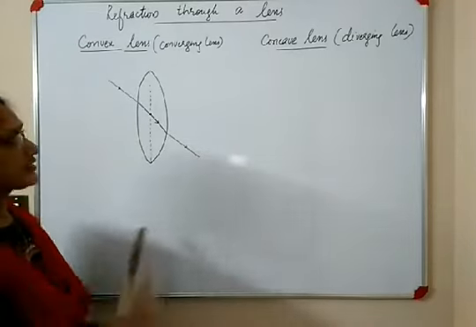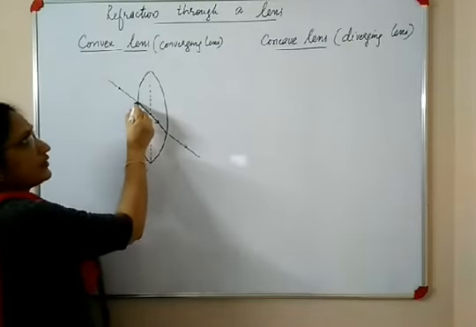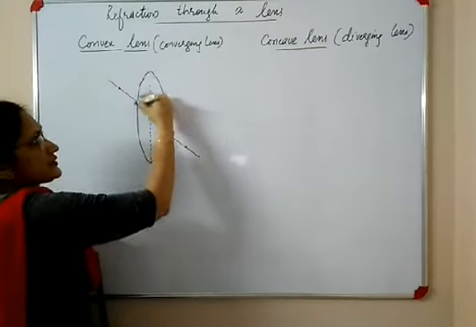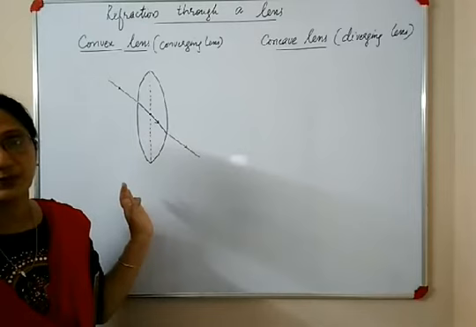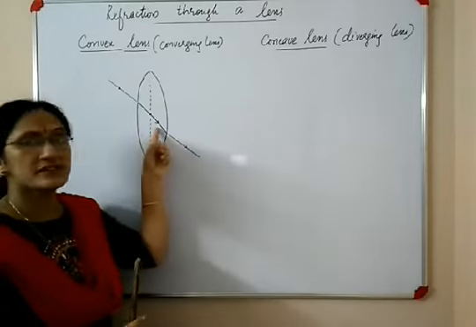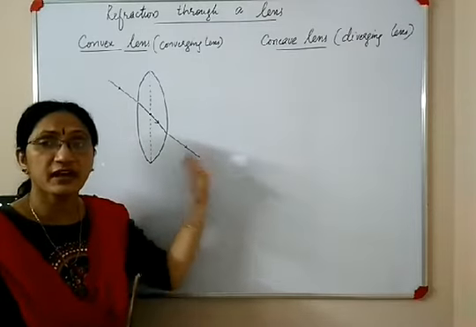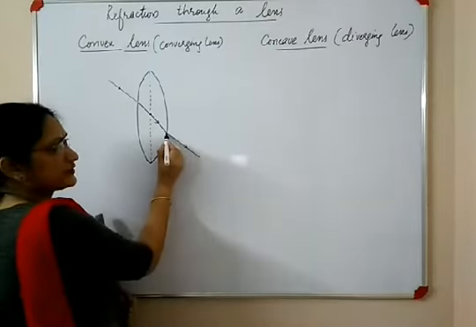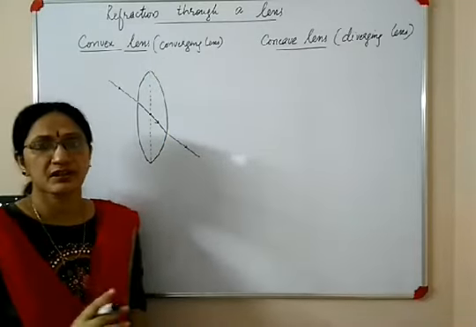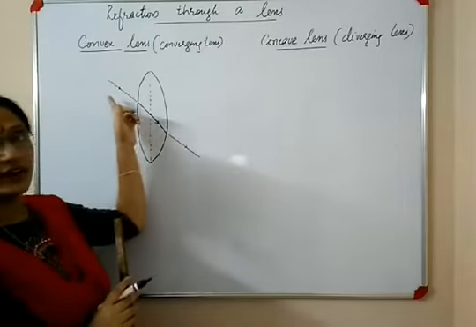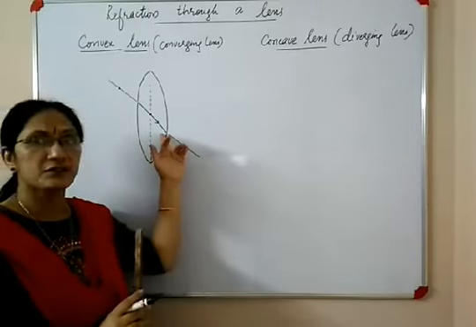So the light ray undergoes the first refraction at this point, on this curved surface, which we call the first surface. Now the refracted ray is in the glass medium. From there it enters into the air medium. So the second refraction happens at this point on this curved surface. So refraction happens twice. Once while entering from air to glass, and the second while the light ray enters from glass to air.